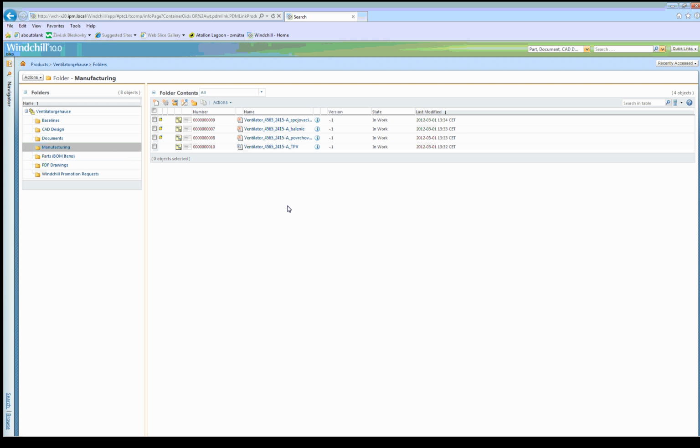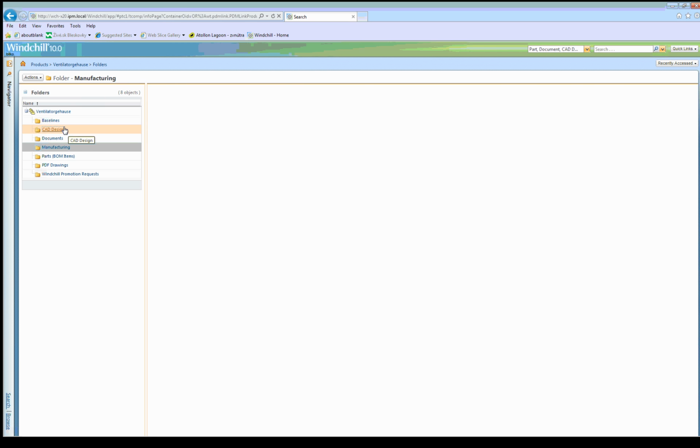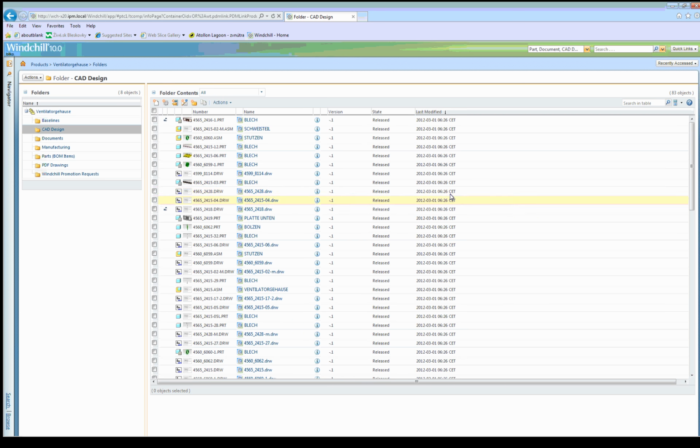Maybe I have not defined that keyword, but as you saw earlier, I can search the database using searches. My recent searches are also displayed when I click on the arrow in this box, and there I can return to my search history, or I can perform an advanced search